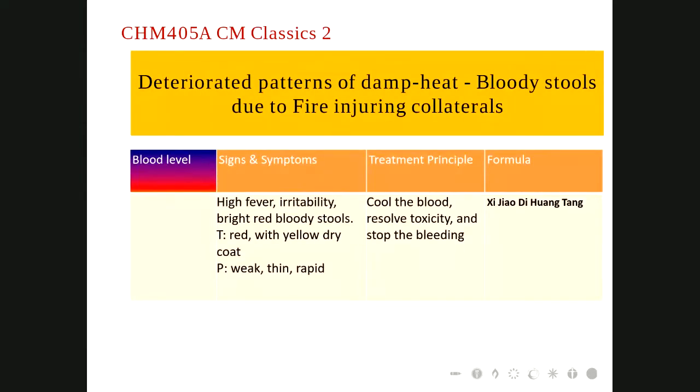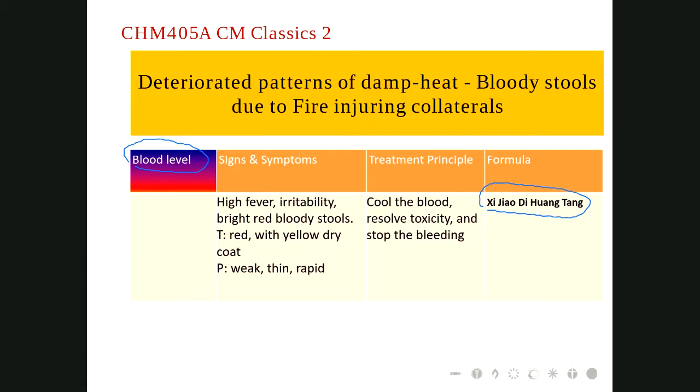And for Xi Jiao Di Huang Tang, which is very hard for us to practice, it is used when the condition reaches the level of the blood. These are very severe conditions. Blood level disorder is more severe than nutritive level disorder because we only have a limited volume of blood inside the body. Once the bleeding starts, it very easily causes severe qi and yin injury at the same time. Leaking of blood can result in stagnation of blood internally, causing unnecessary coagulation, and can cause death as well. So this situation usually ends up in emergency.